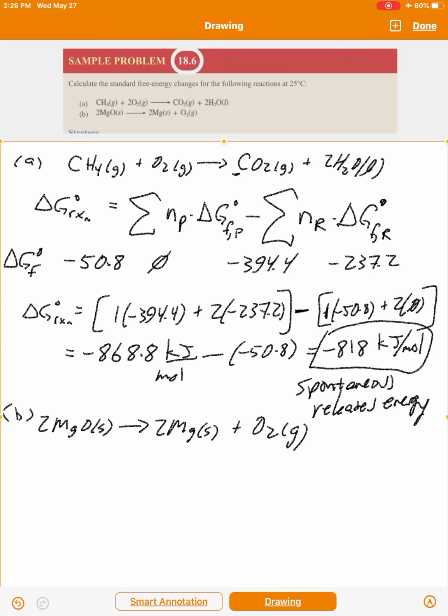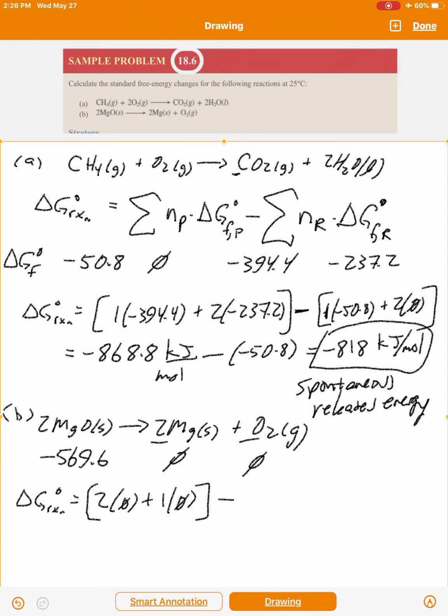So let's look these values up here. For MgO, it's negative 569.6. For Mg, it's 0. And then for O2, it's also 0. That makes it easy, right? So delta G of reaction, products minus reactants, so 2 times 0 plus 1 times 0, right? Don't forget the coefficients, 2 and a 1, minus